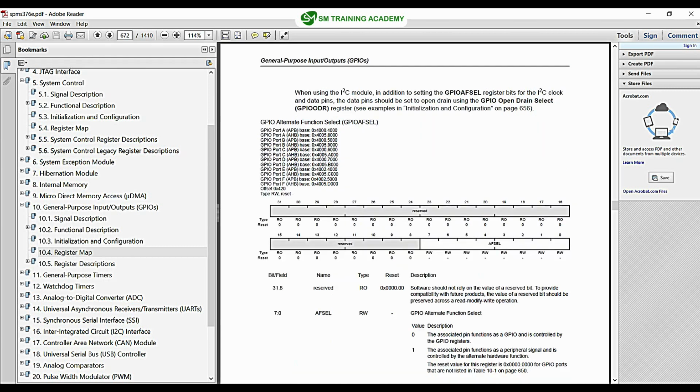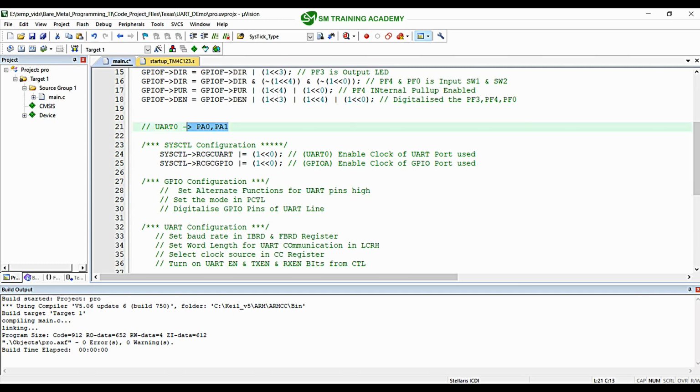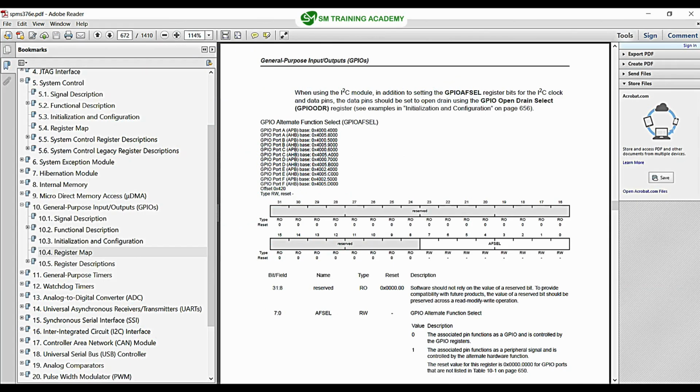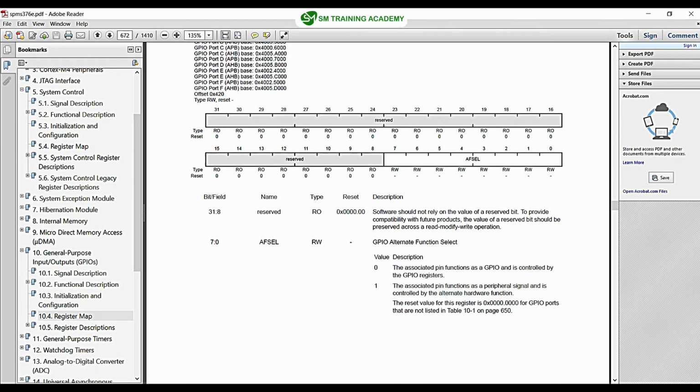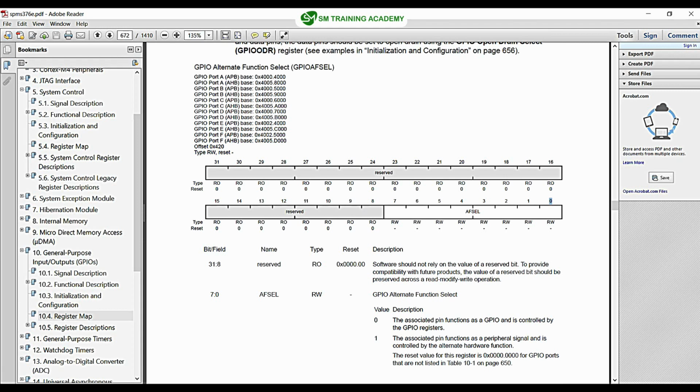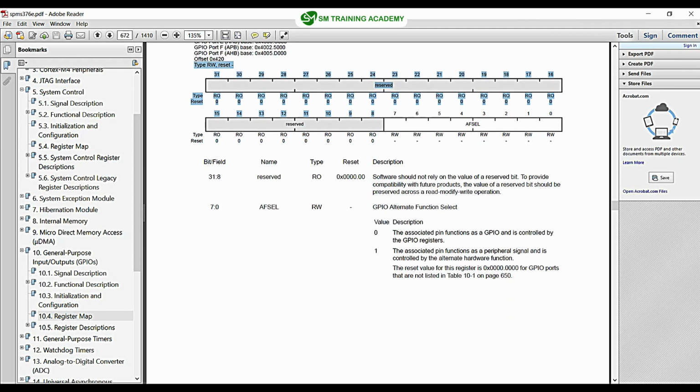In our case, I am just going to configure PA0 and PA1 as the UART lines. So I just want to write 1 to bit number 0 and bit number 1 with the help of the pointer GPIOA, since I am configuring GPIO A, that is port A of the microcontroller. You can see as usual it is having only the LSB 8 bits active, and all the other bits are reserved. We cannot write or read to these bits, and each bit is meant for a particular pin